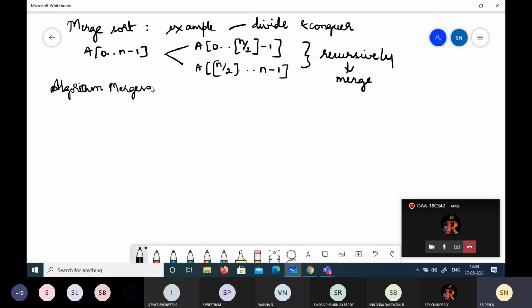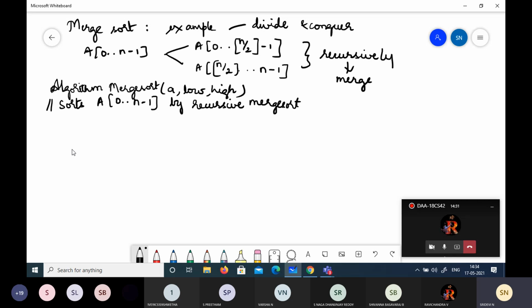Of course it is merge sort, and we have an array with low index and high index. Note down with me. What does the function do? It sorts the array 0 to n minus 1 by recursive merge sort.